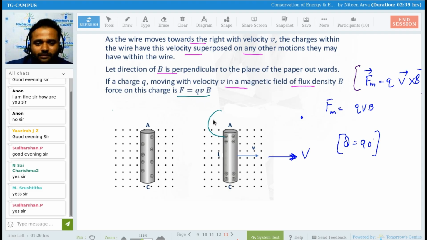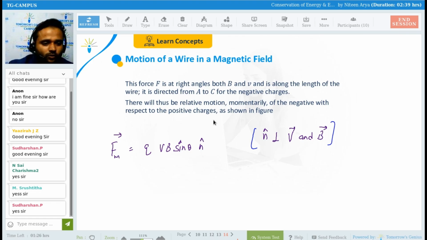Very easy, very simple. Here we can discuss. This is your one axis, this is your another axis, and this is your third axis. In this third axis, my magnetic flux is going to be, as simple as that. In this particular axis, my velocity is going to be. So obviously the third axis, which is perpendicular to both the other axes, is the direction in which the force is going to be, and due to this force there is an induction of charge. Is this clear? If you are thinking why induction of charge, the answer to your why is this.